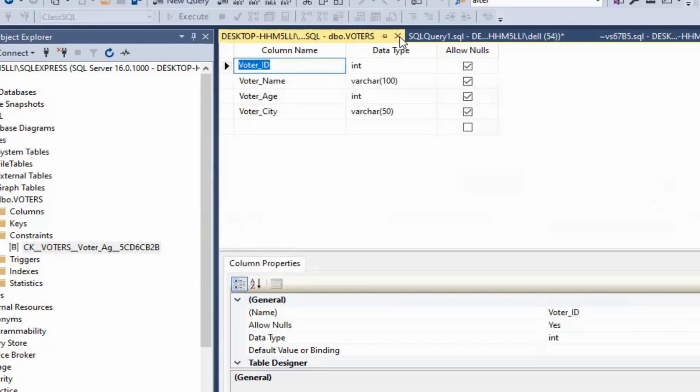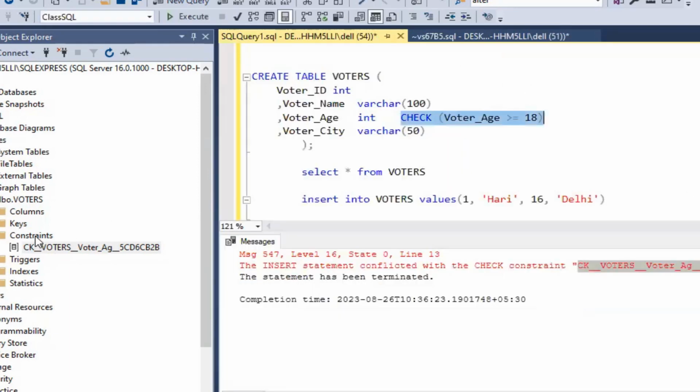So automatically there will be a constraint created in the constraint folder when you define a check. Okay, so now when I was inserting, insert into my table, which is my